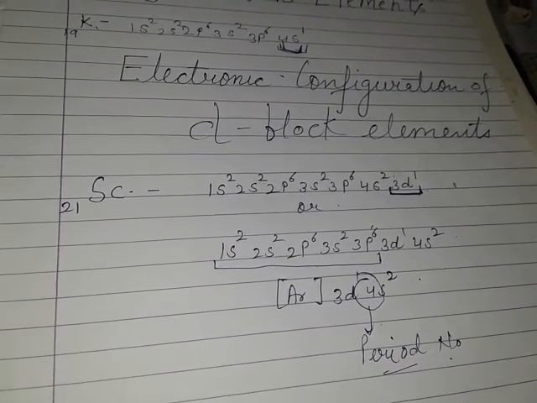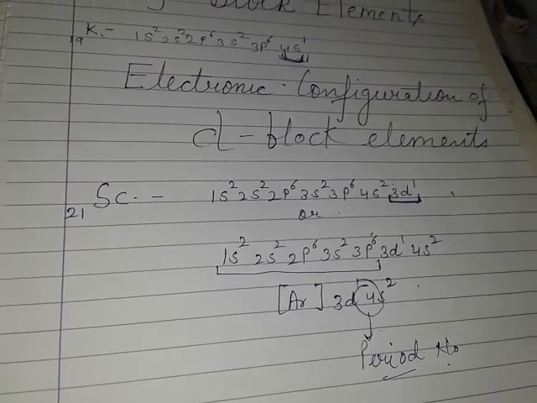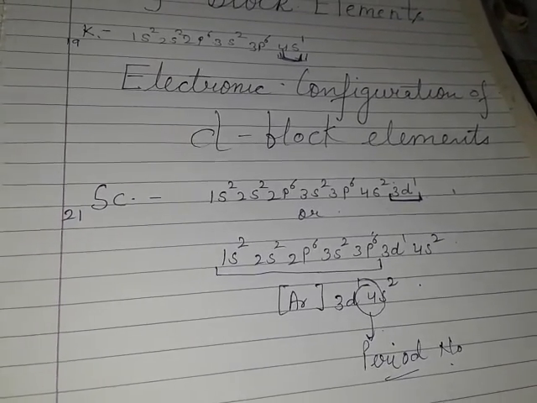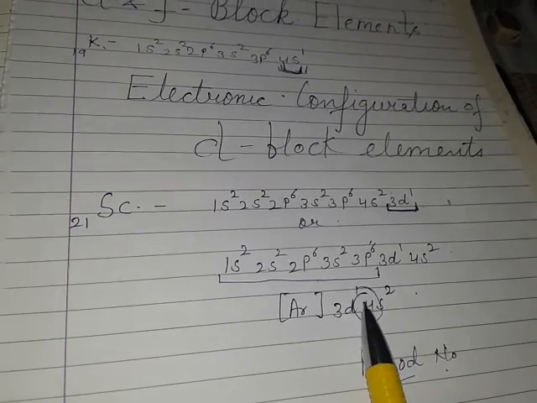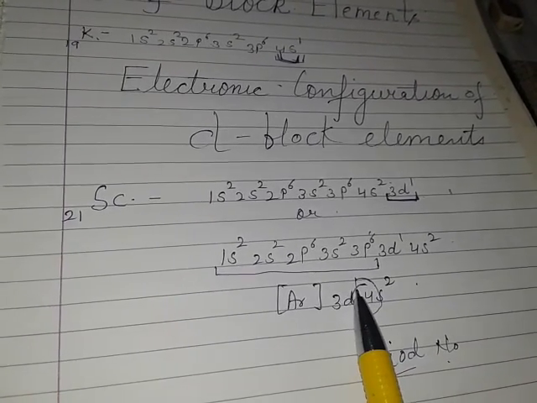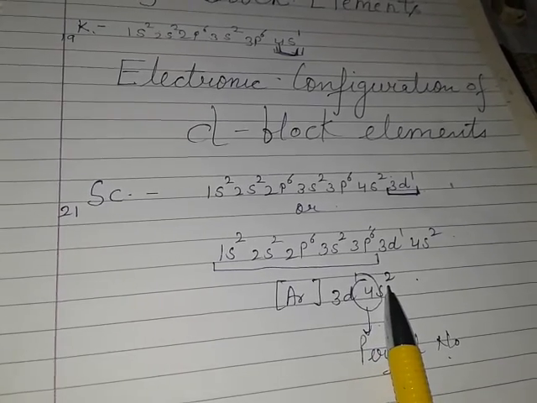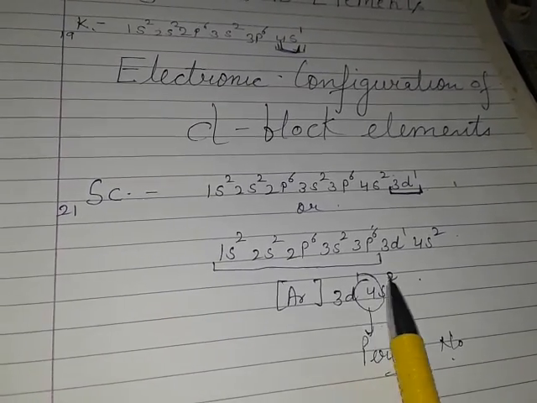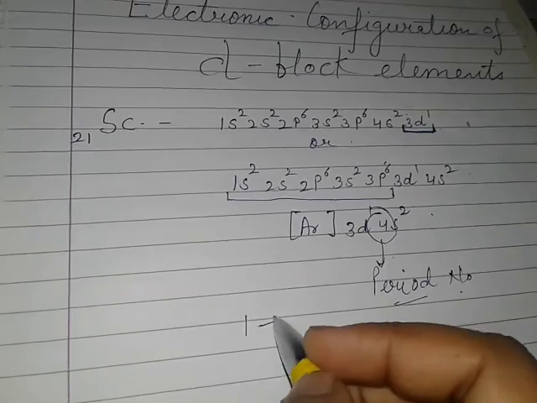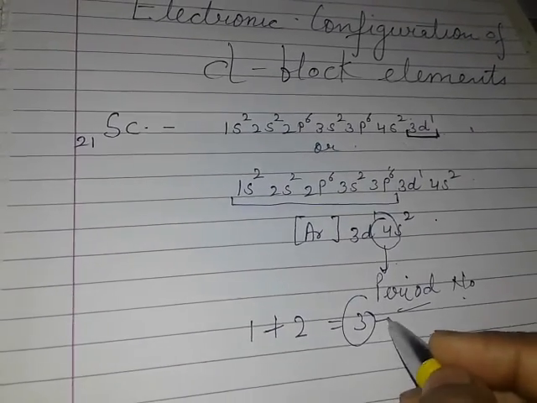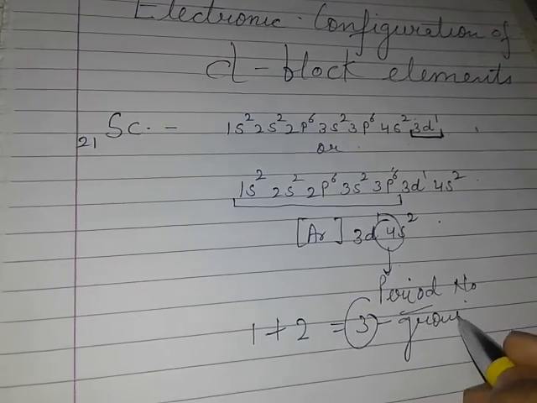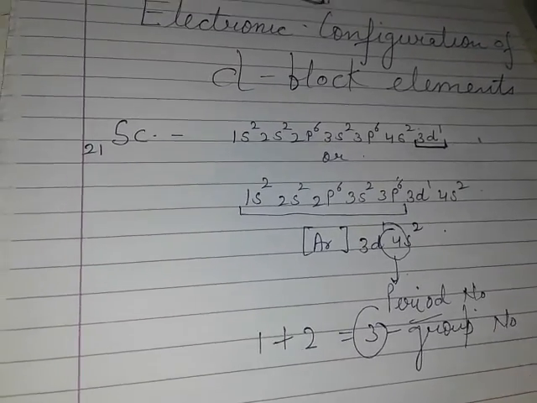Now the second thing is we can get detailed information about the group number also. In the outer shell electronic configuration, the electrons involved are one electron in 3d and 2 electrons in 4s. So 1 plus 2, that is 3. So 3 is its group number. Now the next